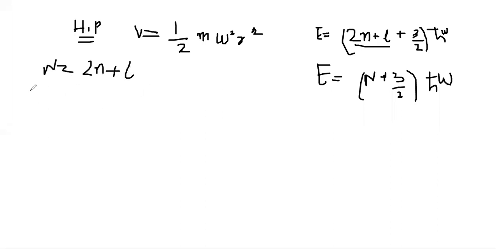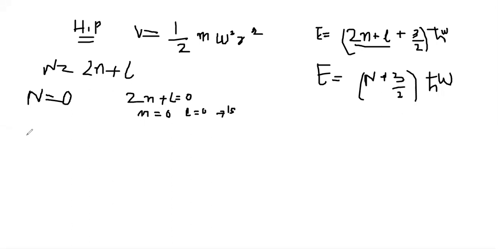If we put N is equal to 0, this will be our first energy level. What does N is equal to 0 mean? It means 2n plus L is 0. It simply means n is 0 and L is 0. This is the first energy level in fact, so this will be called 1s. Let us label it, it will be 1s.